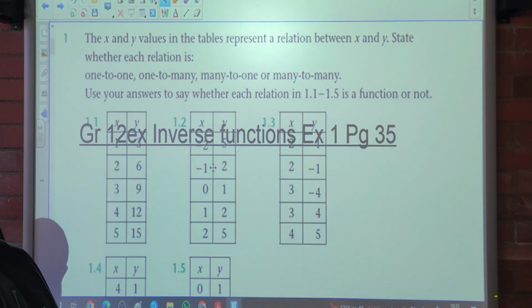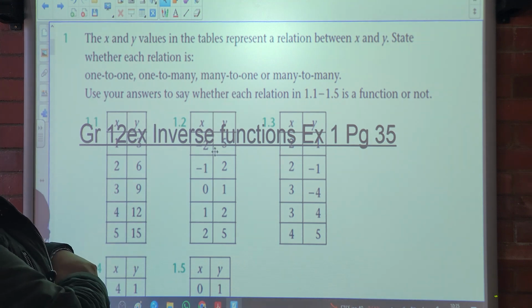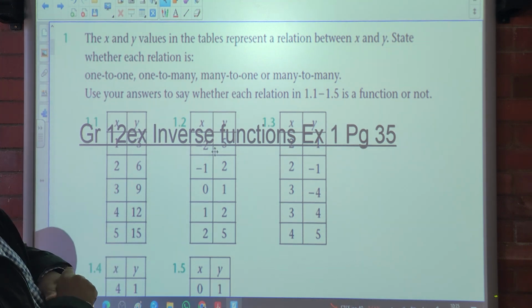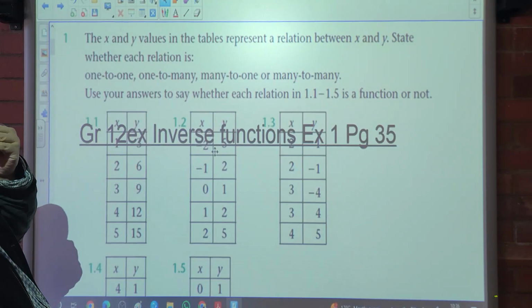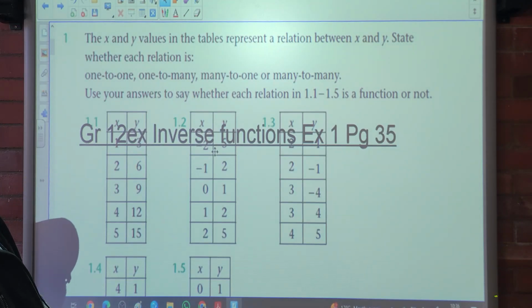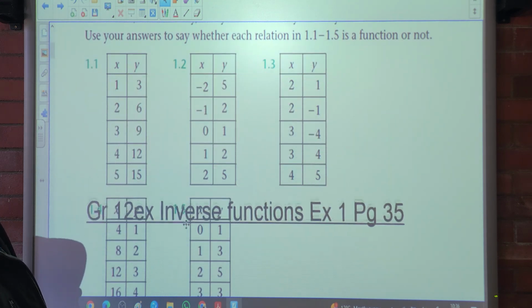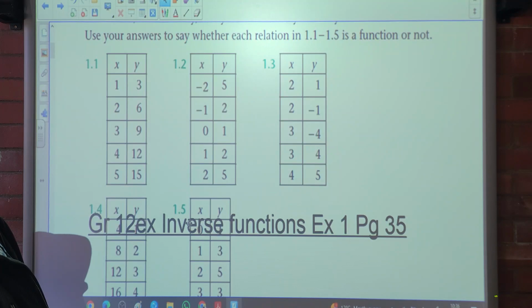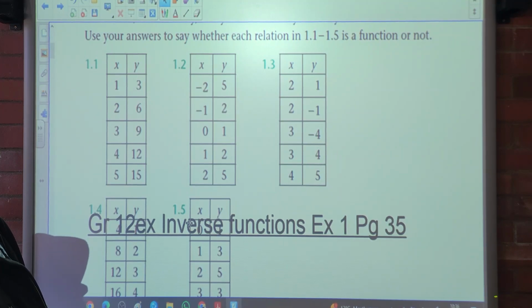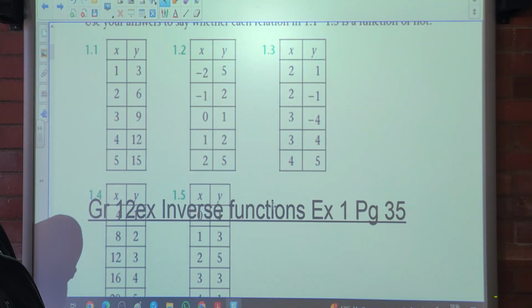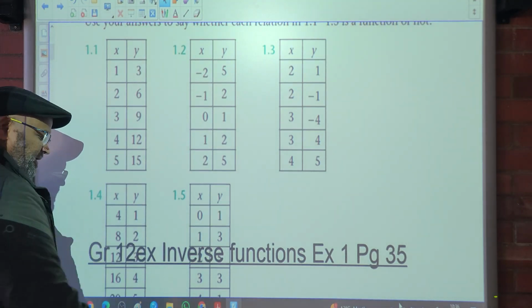So we are told that the x and y values in the table represent the relationship between x and y. State whether each relation is one-to-one, one-to-many, many-to-one, or many-to-many. Use your answer to say whether each relation in 1.1 to 1.5 is a function or not. Okay, so if you look here, your domain